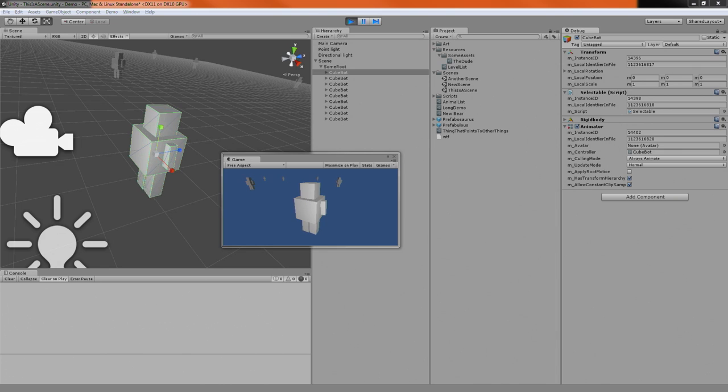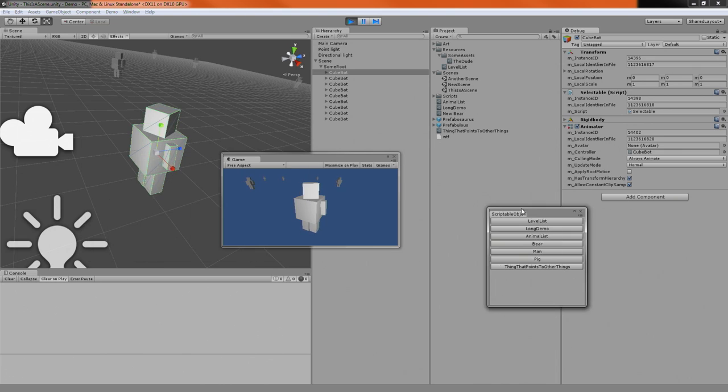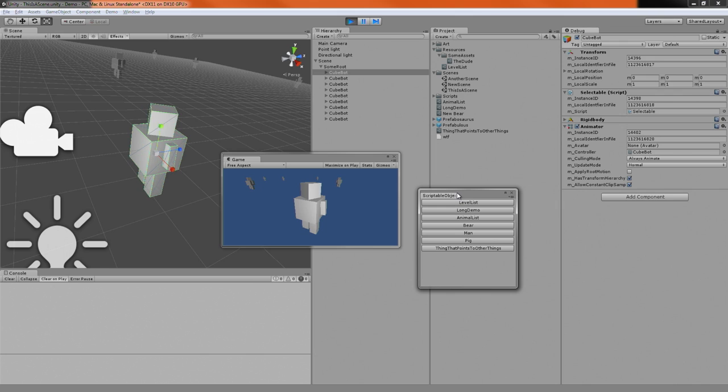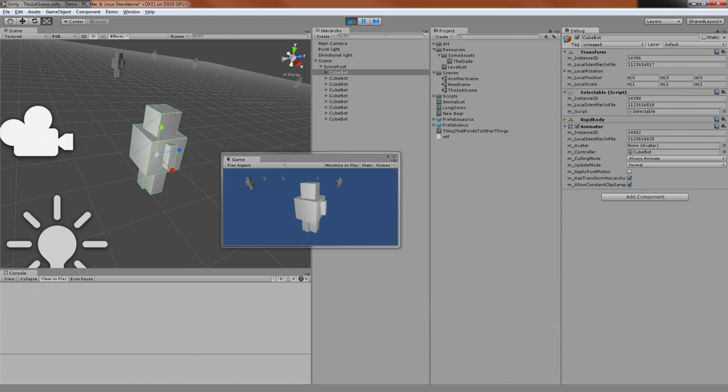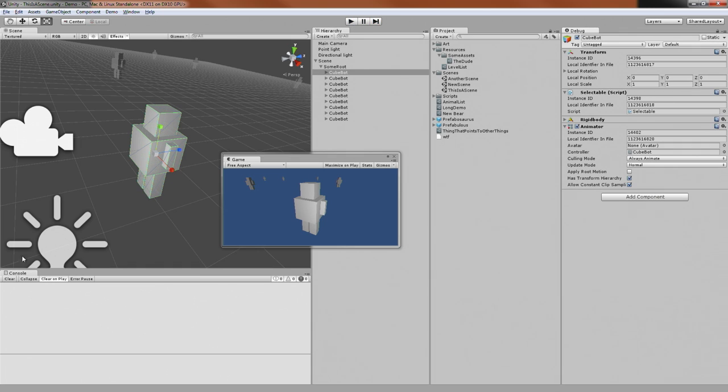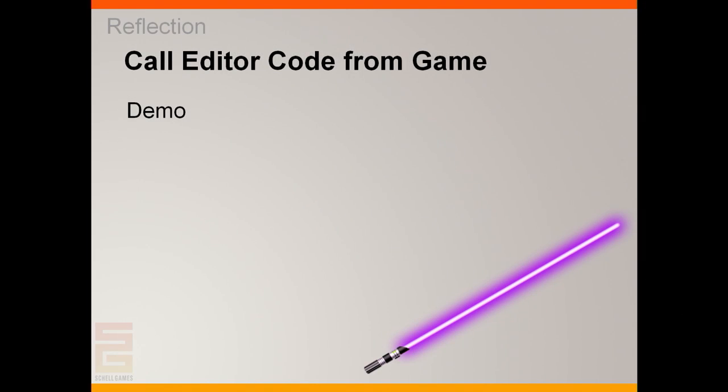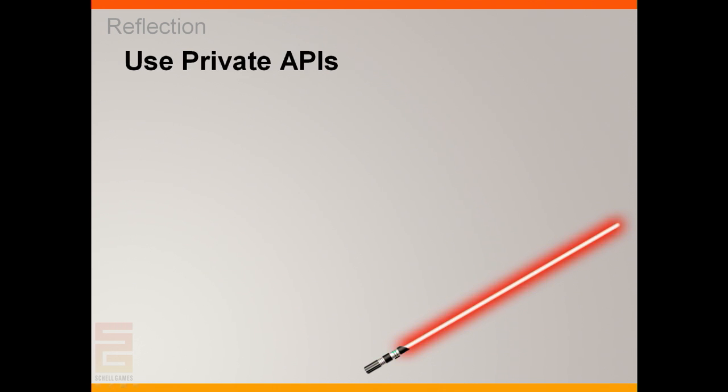It opened it over here. I promise it wasn't open already. And it will open this window, which is the scriptable object creator, which I wouldn't really want to use in this case, but it's great for a demo. It's a window I already made. And so that's all good because you're calling your own code, but there are some evil uses that you can